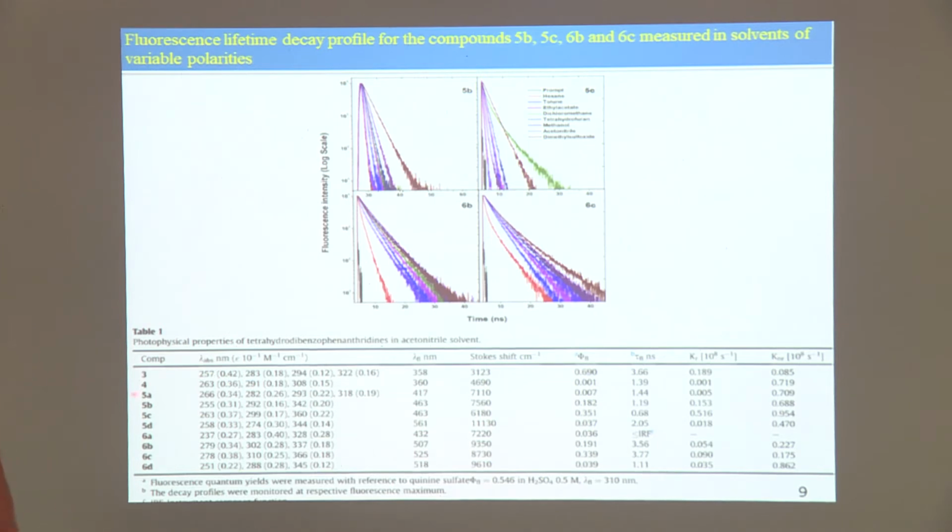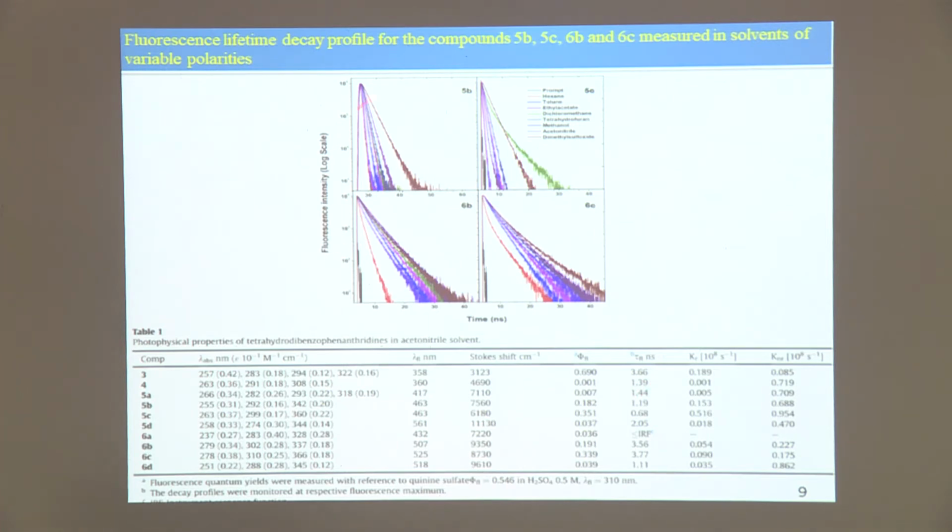So now next, we went for the benzaldehyde substituted compound. There we are getting 291 and 308, that is slightly redshifted. Here also it is very slightly redshifted, and the Stokes shift value is 4690 centimeter inverse, and the quantum yield is very less, and this T off is 1.39 nanoseconds.